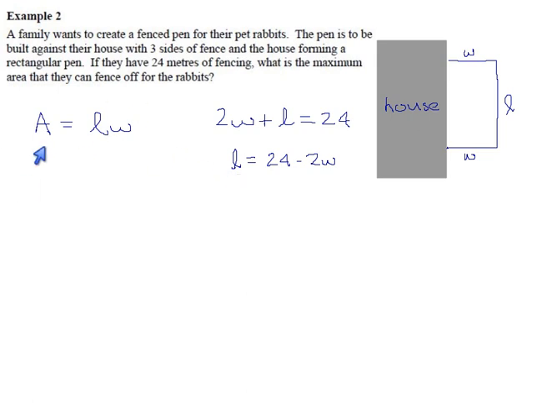So in our area formula, anywhere that there's an L, we can write 24 minus 2W instead. So let's do that and see what we get. A equals L times W. So our area is minus 2W squared plus 24W. I switched the order of these terms to get decreasing order because I'm a little bit obsessive about that. So that's the area of our rabbit pen, and if we want to maximize it,